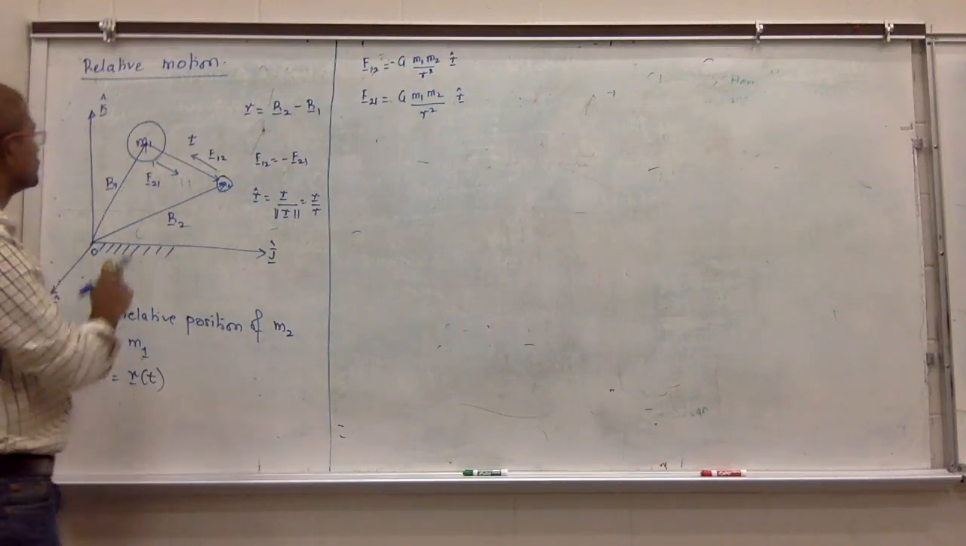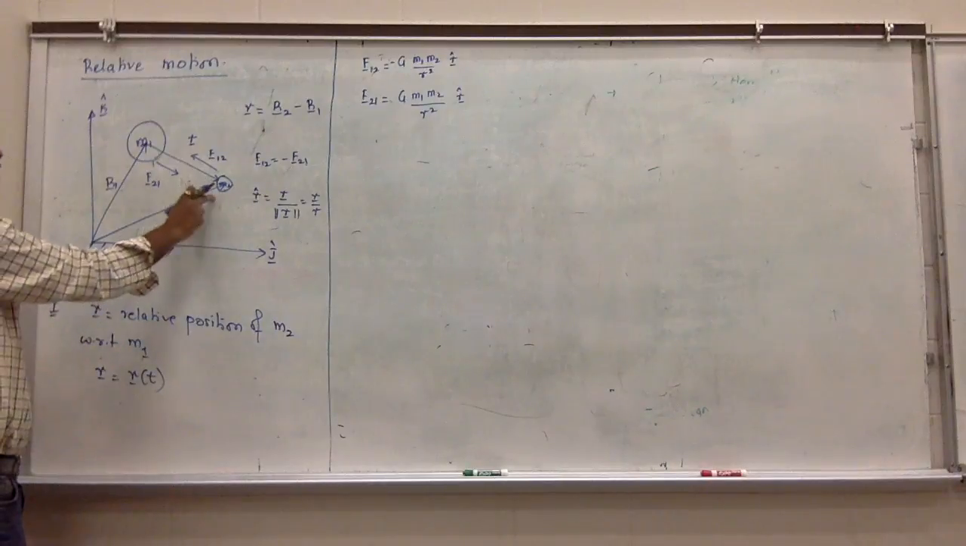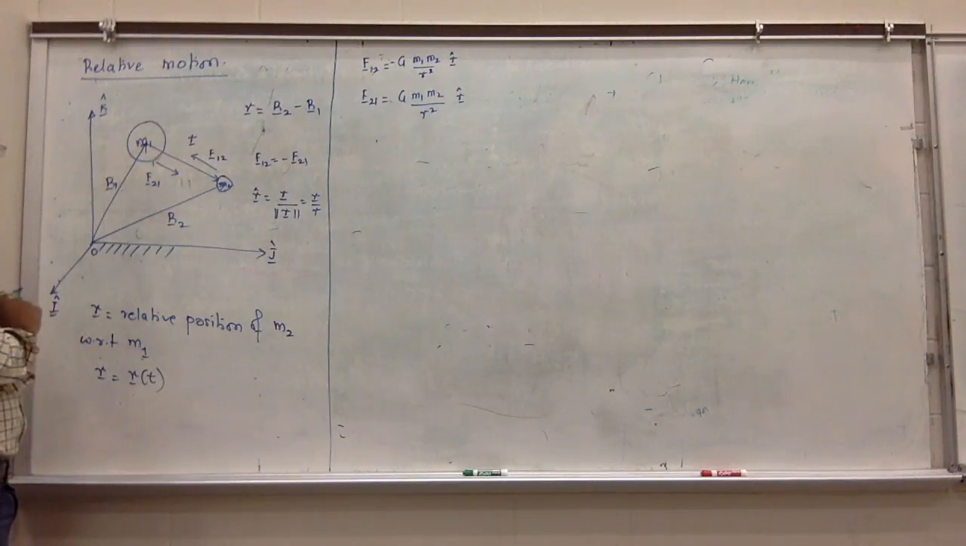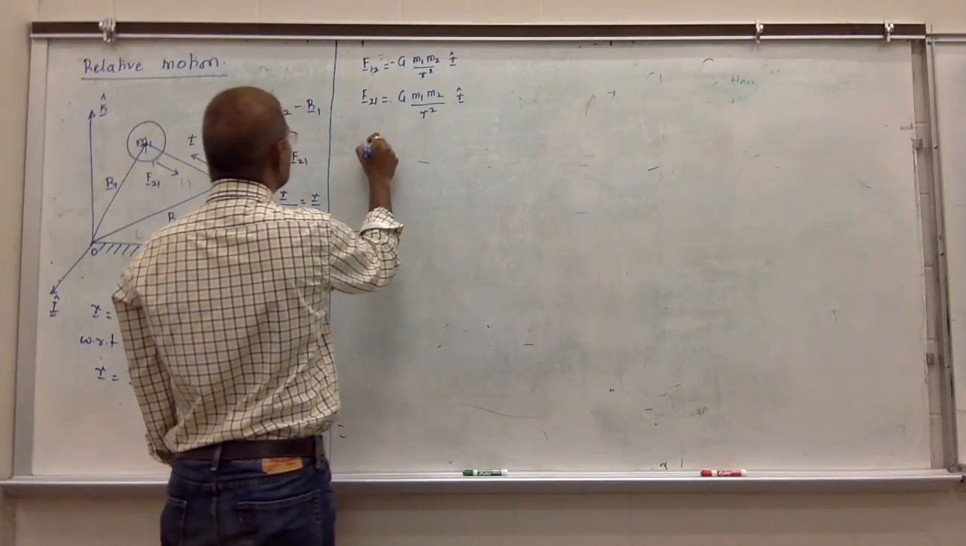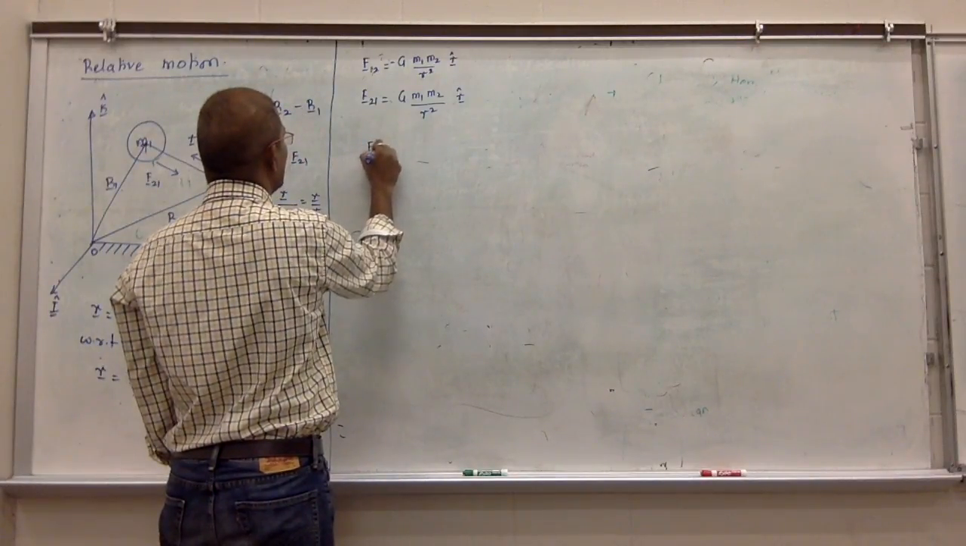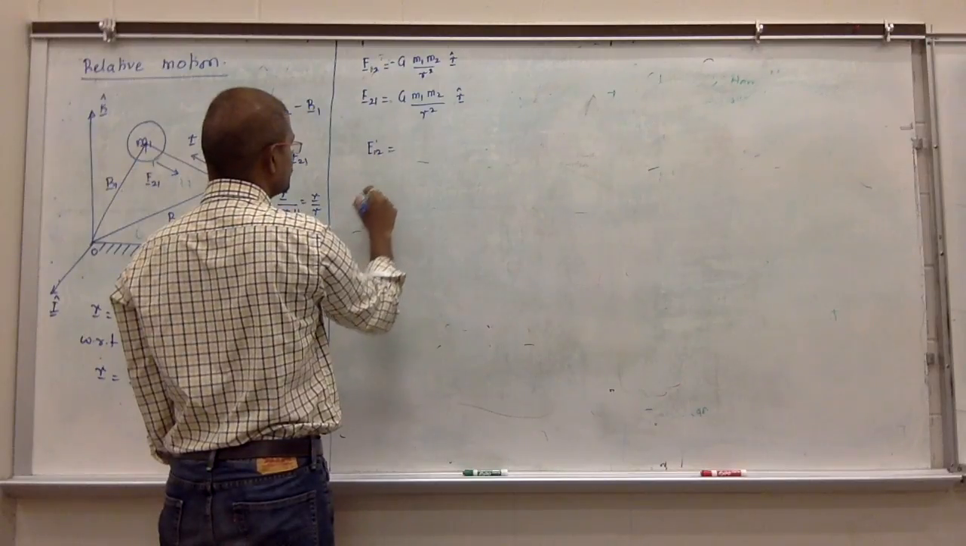Now, what we're trying to do is understand the relative motion of body M2 with respect to M1. That's what our goal is. Now, similarly, you can also say F12 is equal to